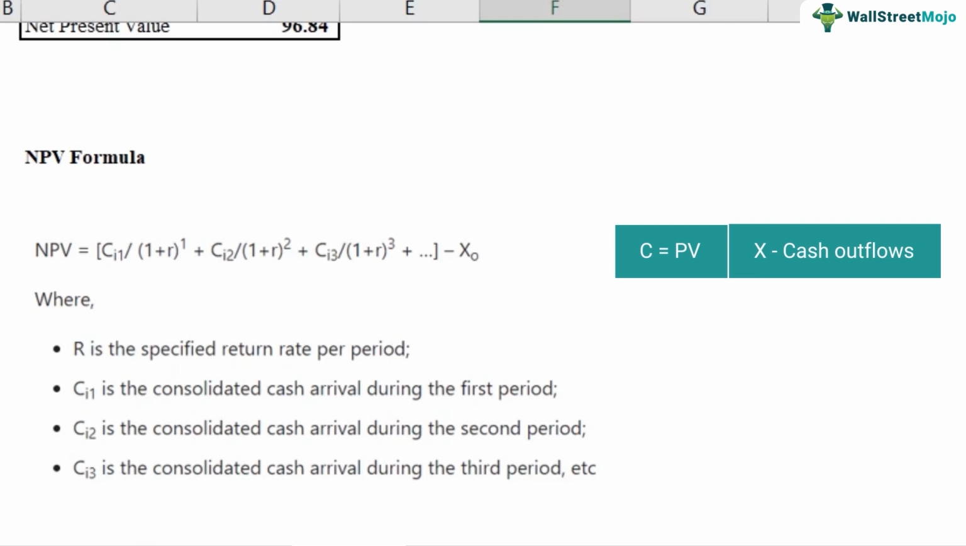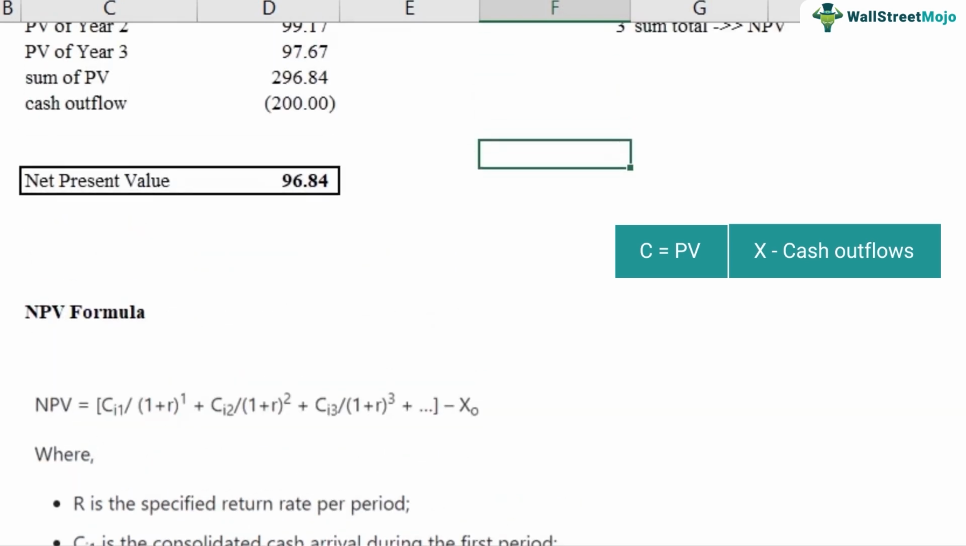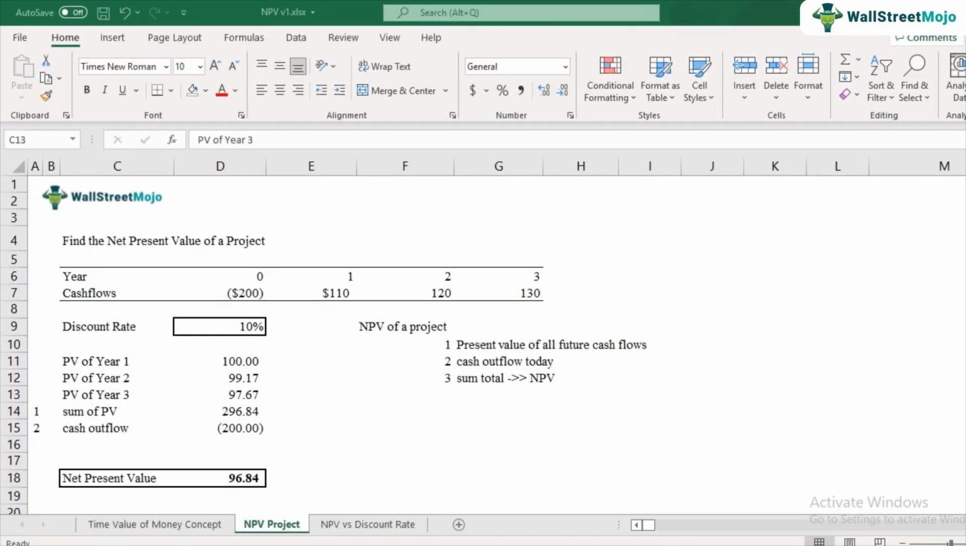Okay. So NPV formula, fairly simple. You don't have to mug this up. You just need to remember that it is divided into two parts. First, find the present value of the future cash flows and then deduct it from the cash outflow and you will get the NPV. All right. So now that you know how to calculate the net present value of a project and you also understand the NPV formula,